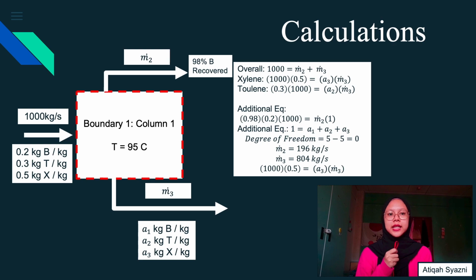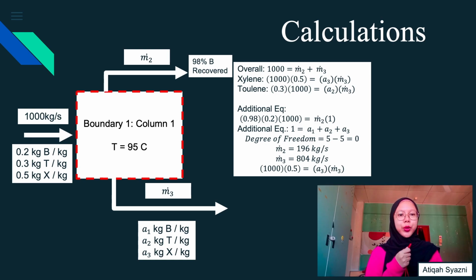For component balance xylene, we refer to the basic concept which is all in is equal to all out. Since all xylene appear to the bottom product stream, the equation will be 1000 kg per second multiplied with 0.5 kg xylene per kilogram is equal to mass fraction xylene, which is A3 multiplied with M3. Next, for component balance toluene also appear at the bottom product stream only, so the equation will be 1000 kg per second multiplied with 0.3 kg toluene per kilogram is equal to mass fraction toluene, which is A2 multiplied with